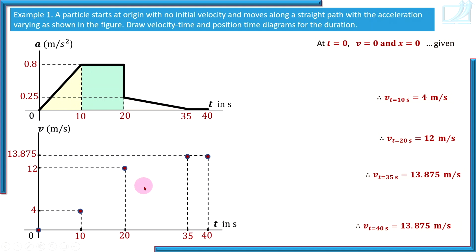Slope of VT diagram is acceleration. Therefore, when you draw VT diagram, your focus must be on AT diagram. Now how should we use AT diagram to draw VT diagram? Try to understand. To identify the shape of curves in this VT diagram, how to use AT diagram, that is what I am telling